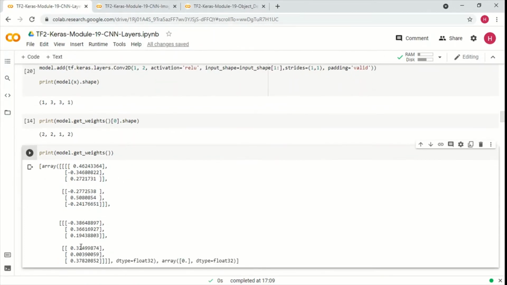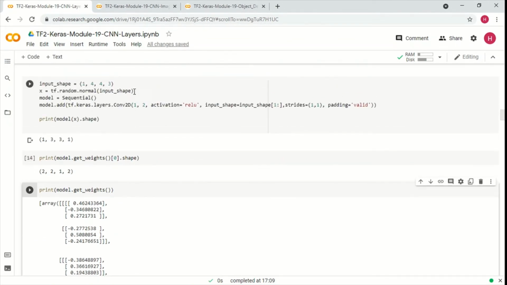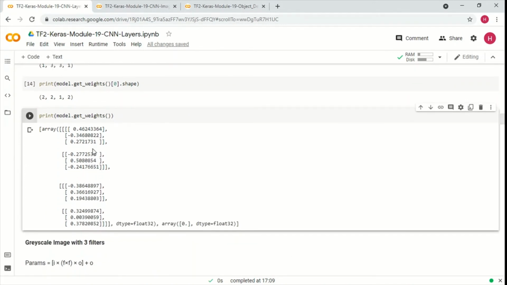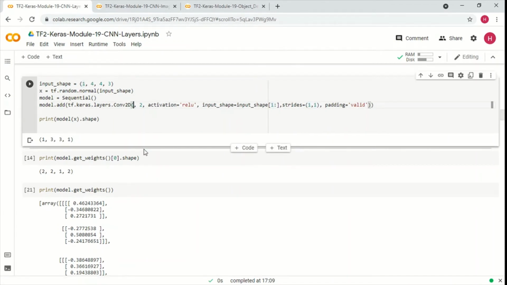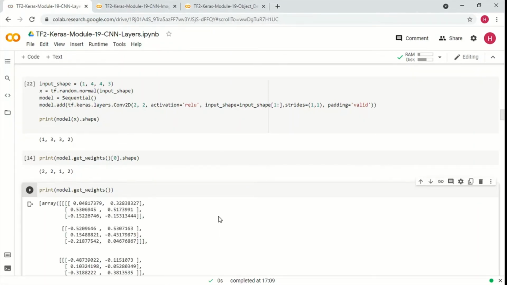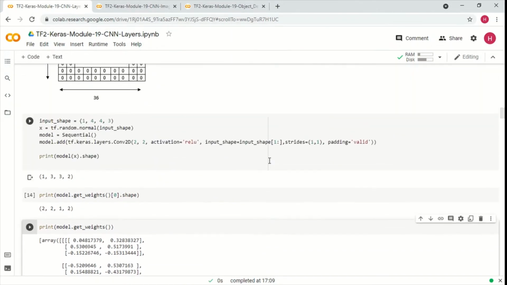So that is why we get these four filters here, and each of the neurons is connected to the three inputs here, right? So that is why I see these sets of four, and each one of them has three values. And now if I apply two filters here, how are things going to change? As you can see, now this is one filter, second filter, and for each one of these filters we are going to have the bias also. Interesting, right? So this is the setup that you can use.